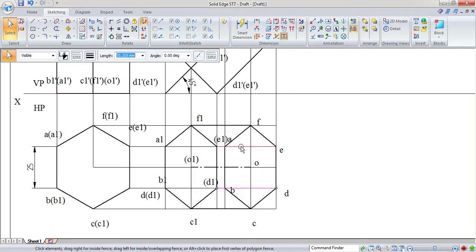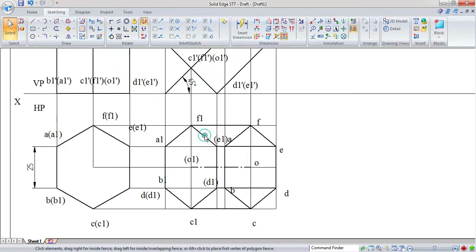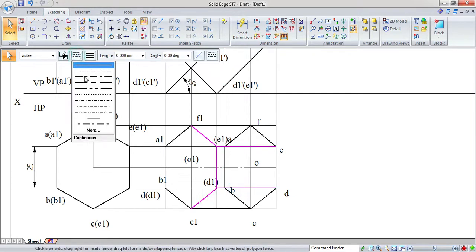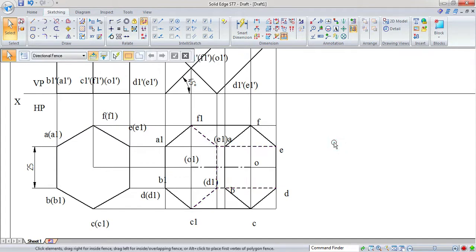So this line and this line, first we'll make darker. Now look at here carefully. So E1 is connecting with F1, D1 and lateral edge E. Similarly D1 is connecting with C1, E1 and lateral edge D. So these 5 lines we have to make as hidden edges. Yes, so these are the hidden edges when we are looking from the top. So this is the second position of the problem.